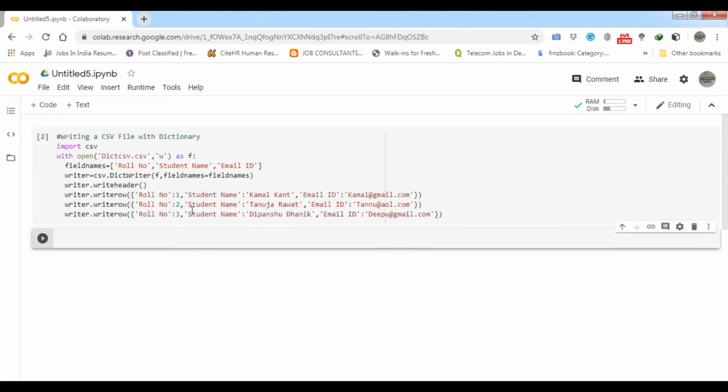So how to read this file? There is a need to import the CSV module, but I am doing the work in the same cell, same file, so there is no need to import the CSV module. So we will open the particular file, then after that we can perform the reading operation with the reading function. So let's come to the theory again.